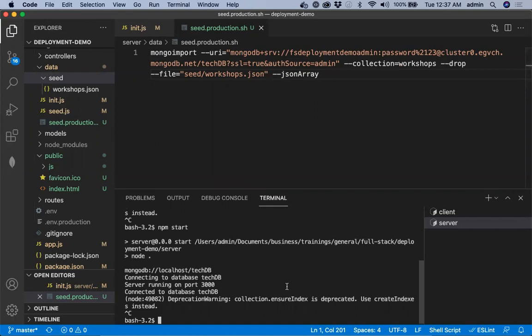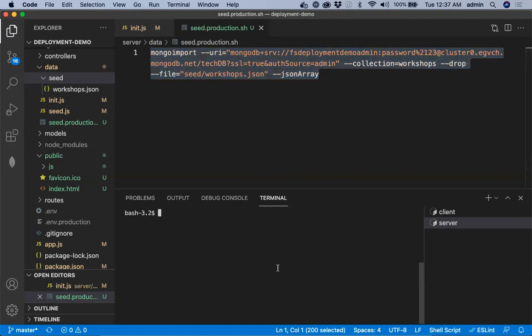Okay. So now I'll run this command. I just made a note of it. You can make it an executable file by chmod +x if you're on Linux, if you know what that does. Or I'll just copy this. I already have mongoimport on my system. I assume you too have mongoimport installed. And so from this folder, because we are giving the file as seed slash, we have to run it from the data folder. So I'll go within the server's data folder, and from there I'll run this.